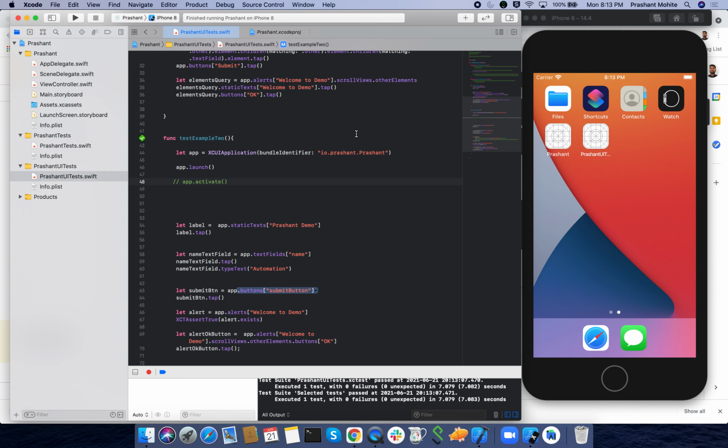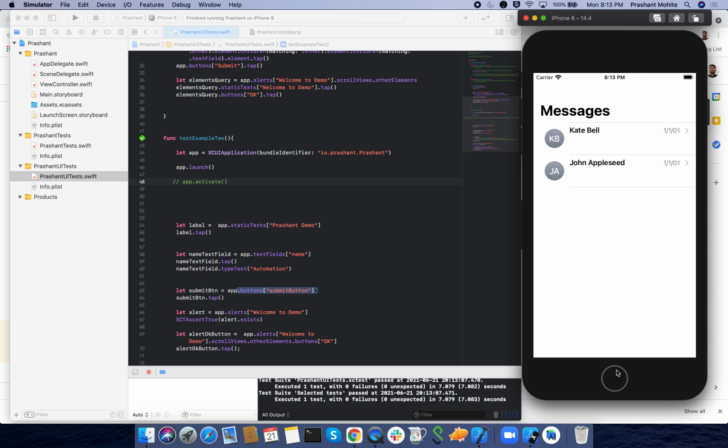Now how will this help you? Say for example you want to interact with a second application simultaneously, or in parallel. I'll take one example: you are doing some flows in your application, say for example OTP. It is sending an OTP and you are getting something in the SMS, then you need to open an SMS application, right? You need to switch between the applications. That time this will help you. So say for example this is the SMS message one, right?